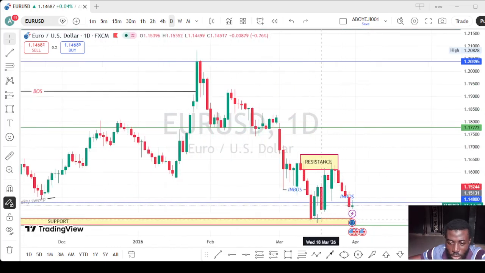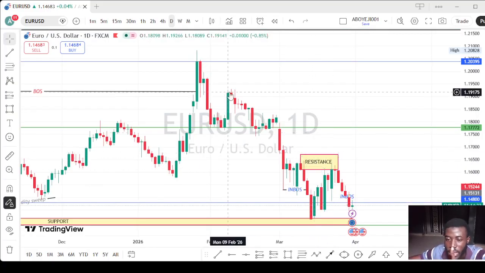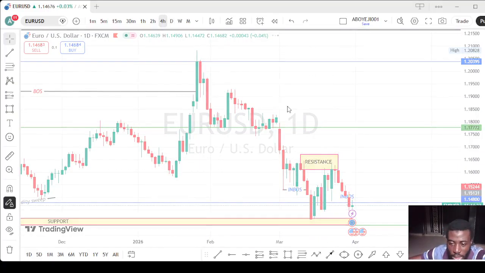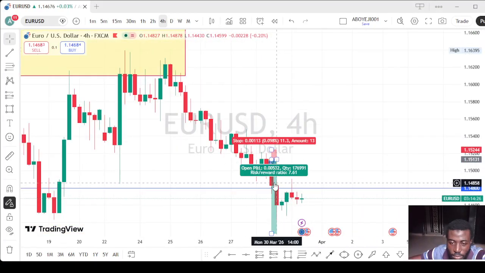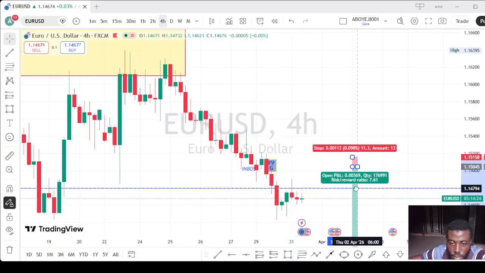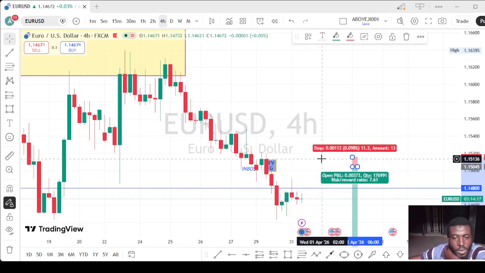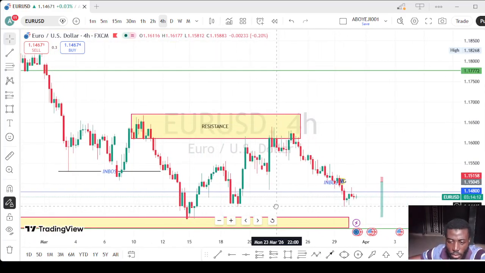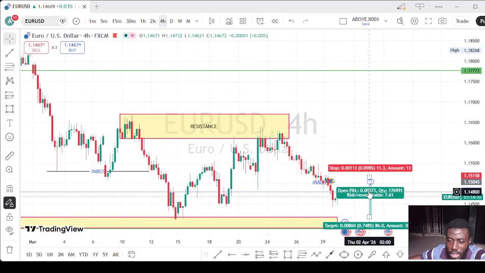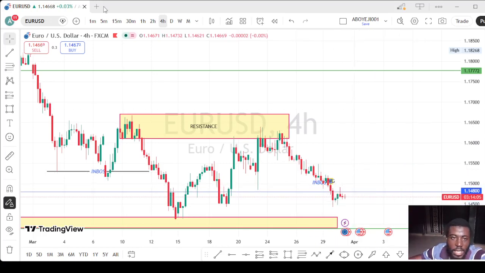Okay, the market has not touched it again. So this supply has turned to resistance. That's not our kill zone. Let's move to 4 hours. Let's see what is happening on 4 hours. This 4 hours is not giving me what I'm looking for. So since this 4 hours is not giving me what I'm looking for, I guess let's move to 1 hour